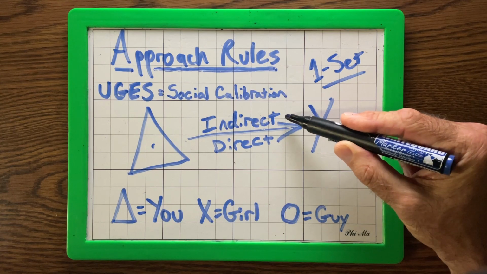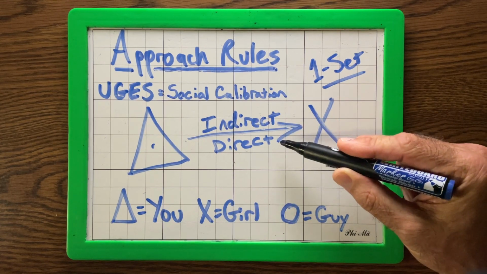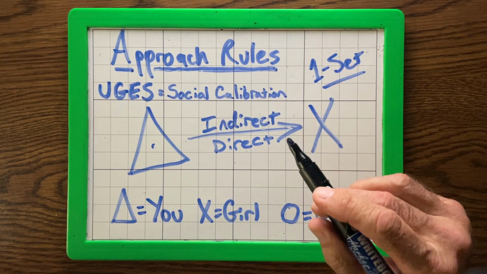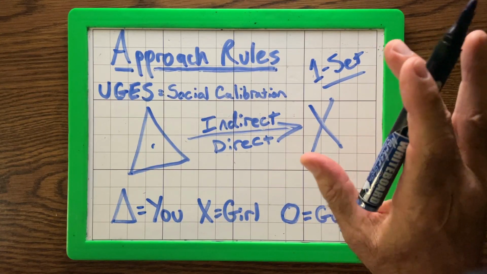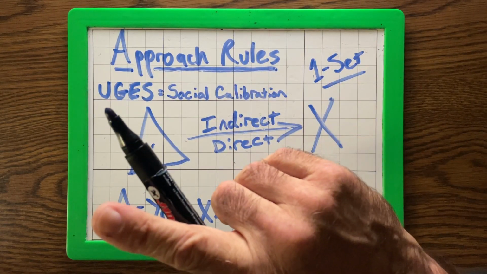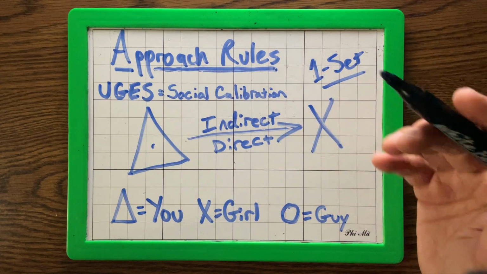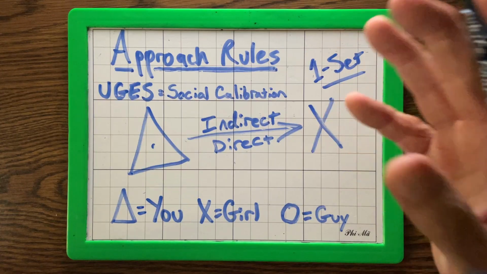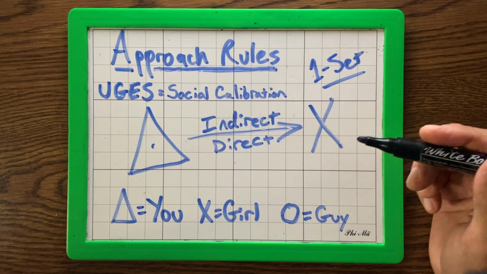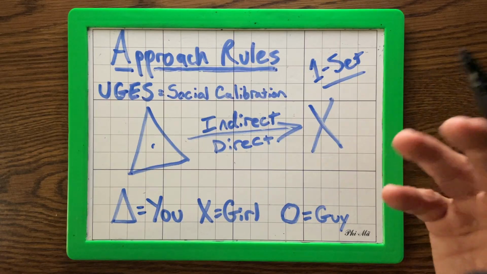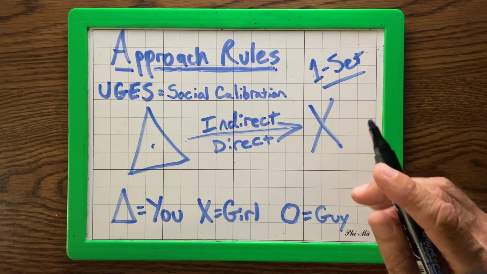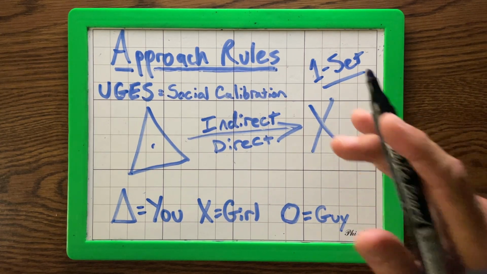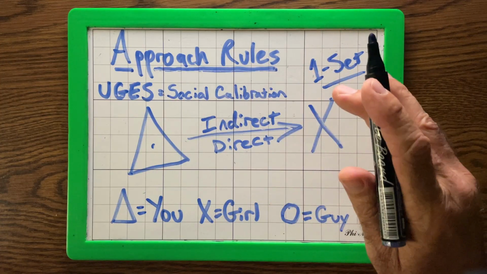We talked about indirect cold approach. Now for your direct cold approach, what is one example of an opener? Hey, I know this is completely random, but I noticed you from over there and you seem so interesting. I just had to come say hi. Give strong eye contact, smile, and a warm handshake. My name is Guy. What I noticed about you was that you look like what's her name from the Matrix movies. Are you actually dark and edgy, or did you just steal your roommate's clothes? Basically, this is the London day game model by Tom Torero.